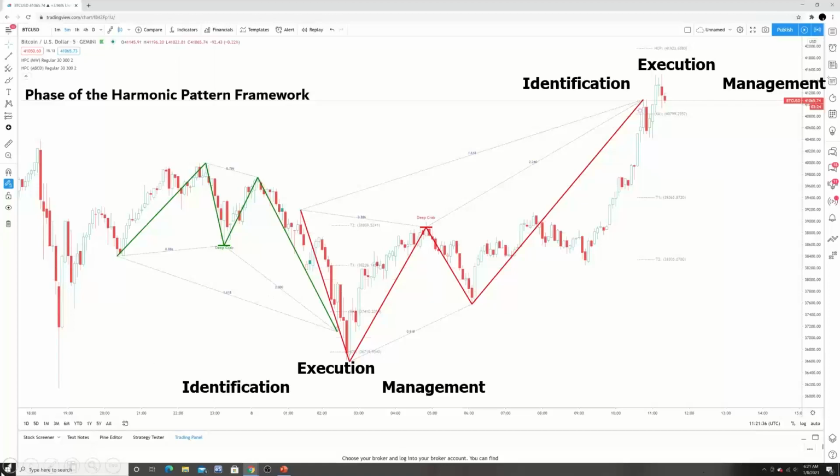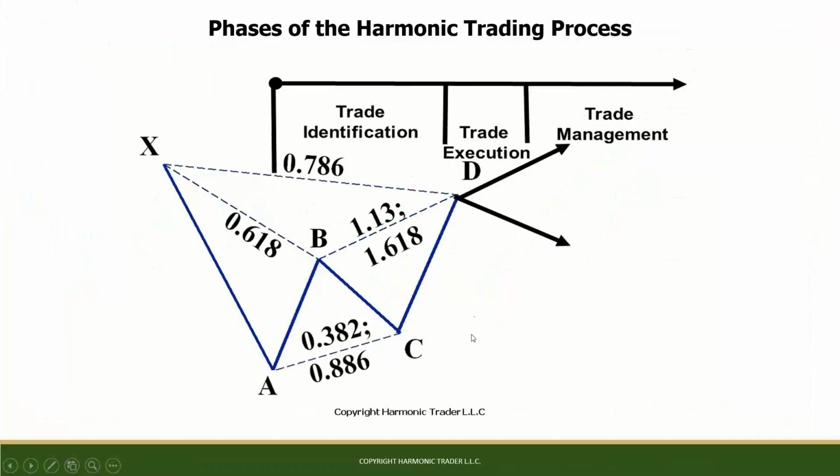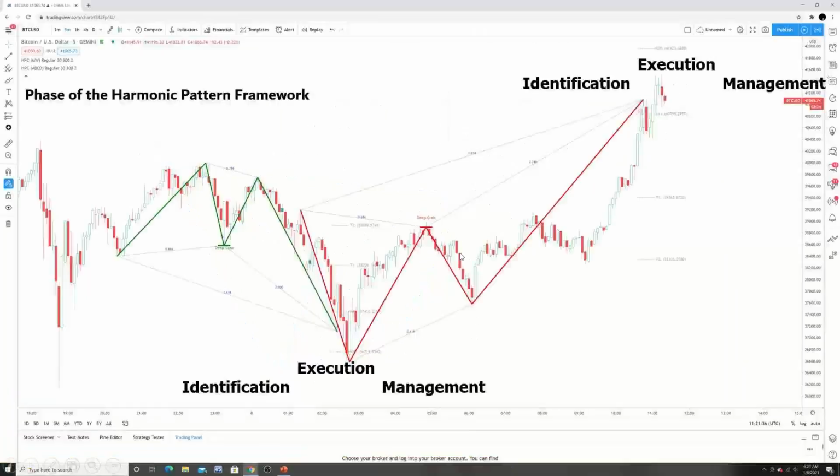So this is a part of that process, but we understand that identification is all about getting prepared before the pattern so that we can capture this execution window. And then the management we'll get into on the third session, but that has a whole bunch of other rules that we will apply that takes even longer. Again, same thing for the bearish situations here, where we are usually in the development phase quite a bit longer. Again, depending on the pattern formation, we'll talk about this again in our next session of how these take shape